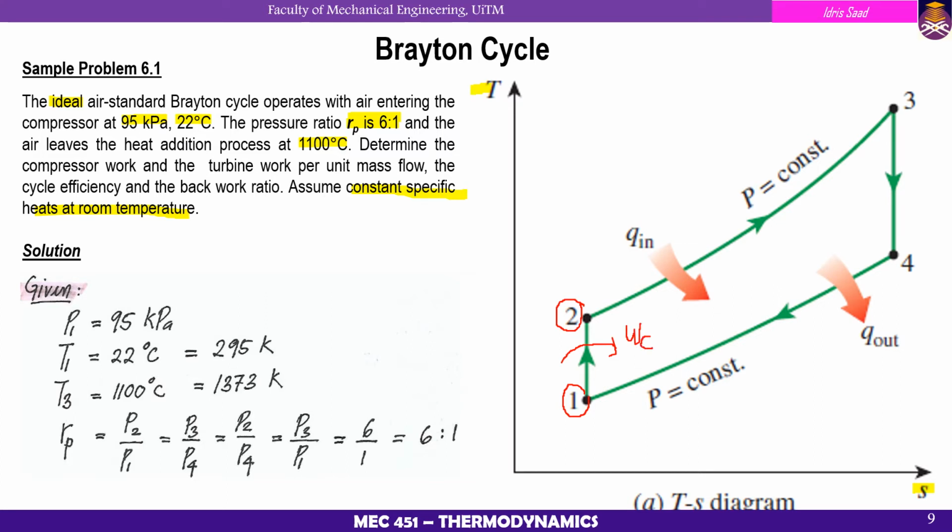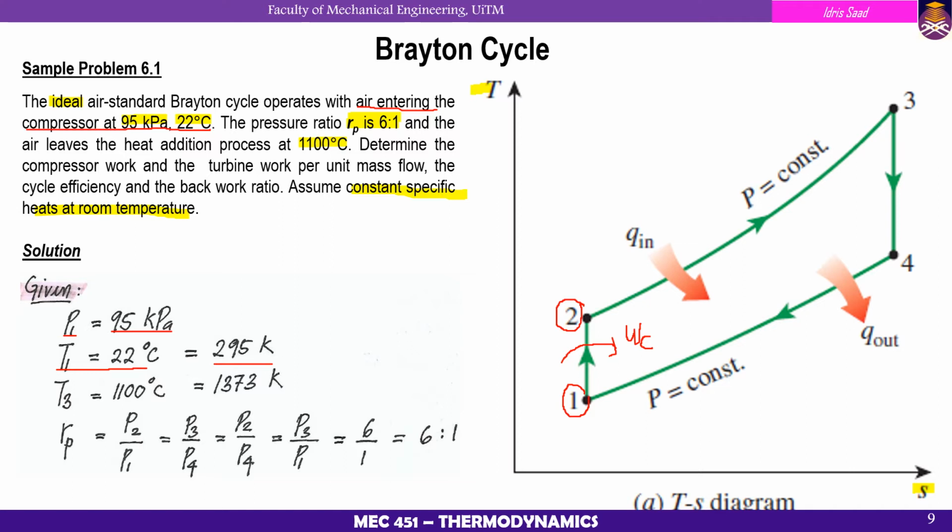Okay, then it says that the air enters the compressor at 95 kilopascal and 22 degrees Celsius. So P1 is equal to 95 kilopascal, T1 is equal to 22 degrees Celsius, which is equal to 295